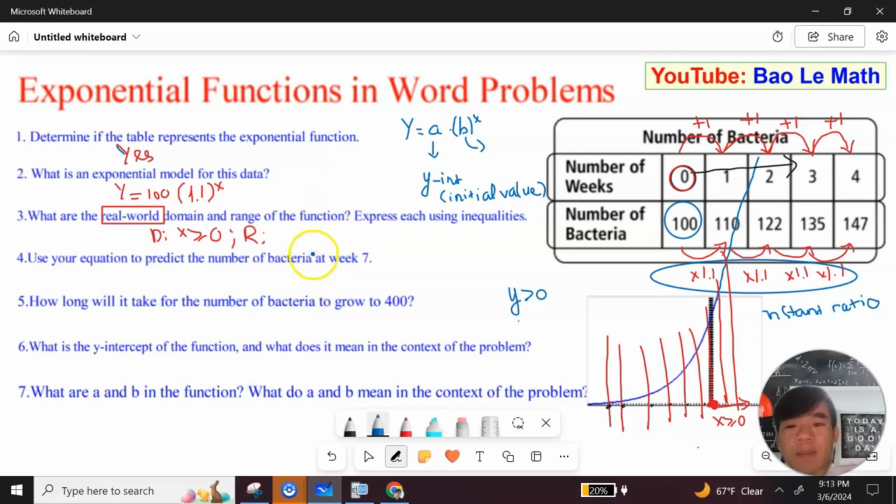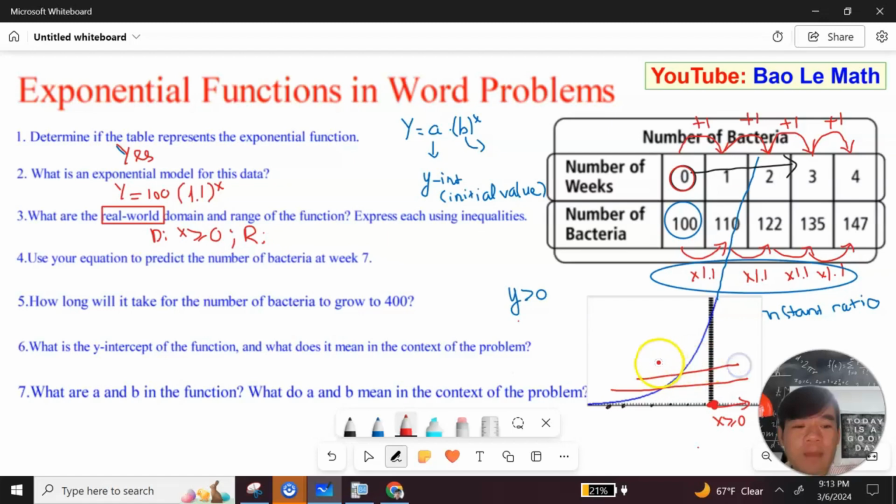But in this problem right here, you need to be careful. Look at this one. Let me erase this so you can see it. Now, the range, so basically you just draw a horizontal line, like this. Every single time you draw it and the horizontal line intersects the graph, corresponding to this point right here, you get the y value right here. Corresponding to this point right here, you get the y value right here. But this point right here